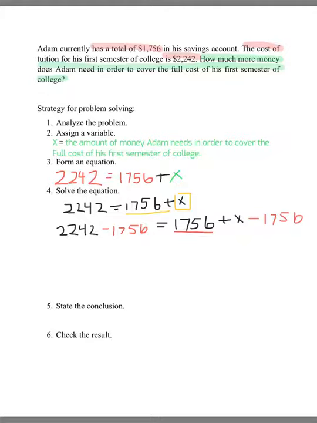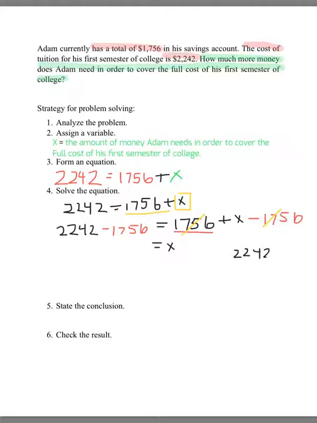So then now on the right hand side, we have 1,756 minus 1,756. So that leaves us with just x on the right hand side. Now let's go ahead and carry out the subtraction. So we have